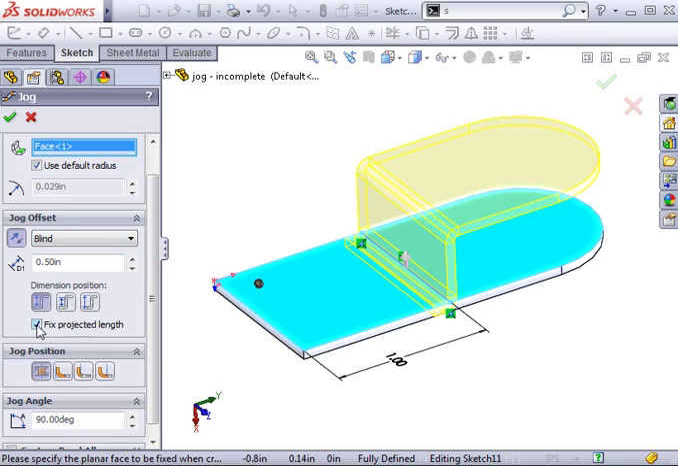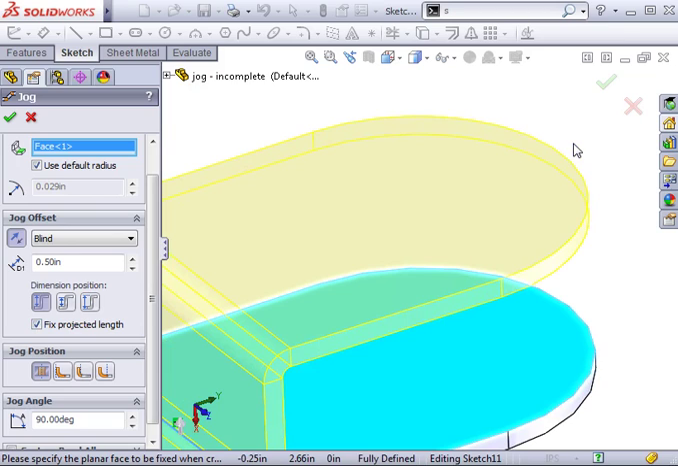The Fixed Projected Length option is important when using the jog feature. It controls whether more material will be added to create the jog, or if you're simply going to bend the existing material. Notice the change in the preview as I check and uncheck this option. With the option unchecked, the tab's overall length is shorter once the jog is added. With the option checked, more material is added by SolidWorks, so the overall length of the tab is the same